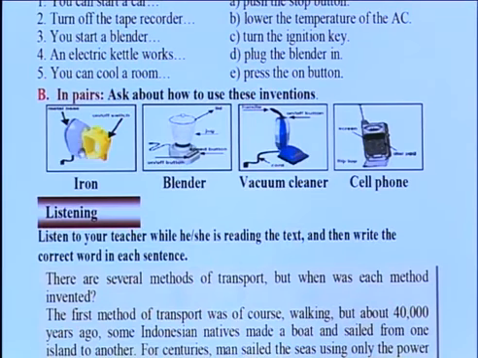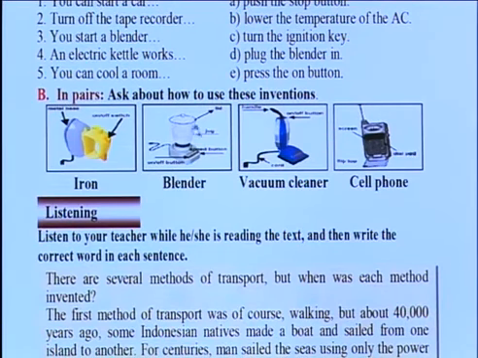To start or to turn on an iron, we can start it by plugging the iron in. یعنی با پلاگ کردن آیرن یا اتو در ساکت برق ما میتونیم روشن بسازیم. The next picture shows a blender.